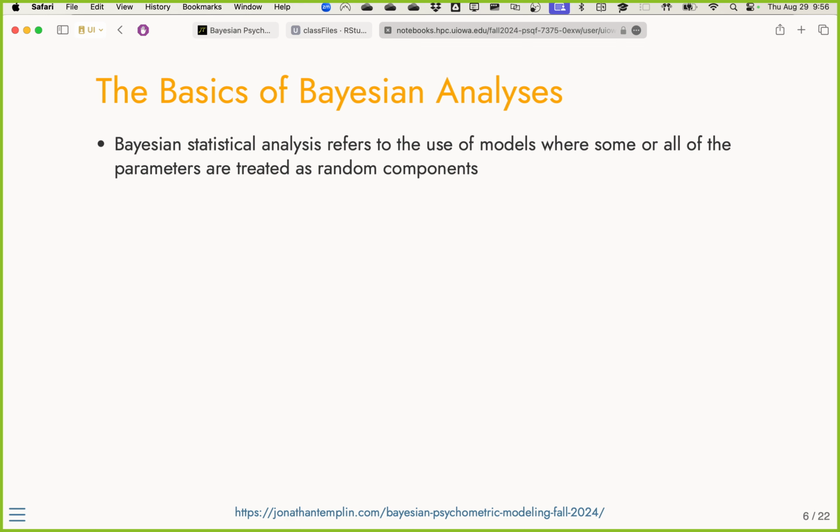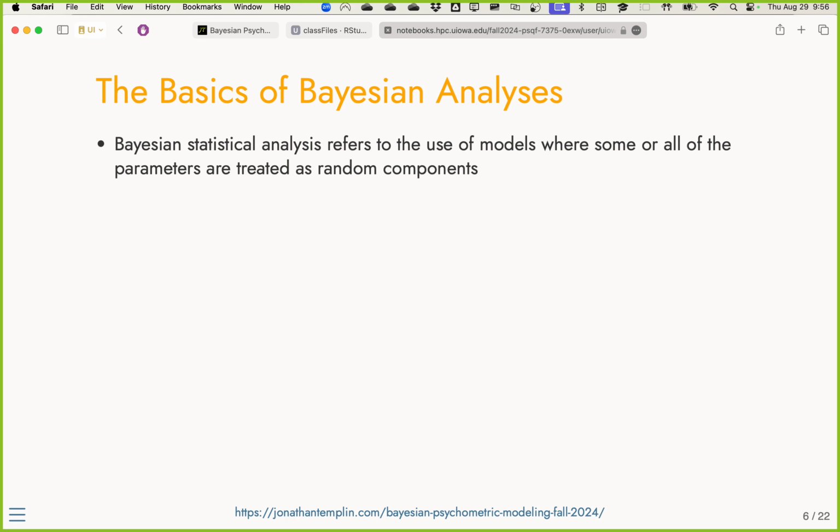So in Bayesian analysis, I mentioned all or some parameters are treated as random. The idea of a prior distribution is the idea that a parameter actually is random. It comes from a sample space that might have a different density to it. And so that definition of random happens to be there. In this class, we are going to treat every parameter as random. So we call this a fully Bayesian approach. I'm going to contrast that with an approach where only some parameters are random.